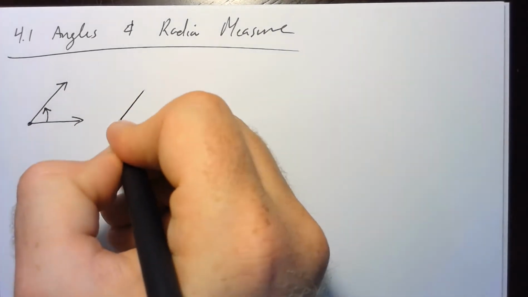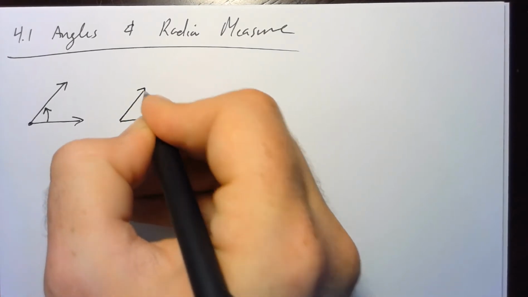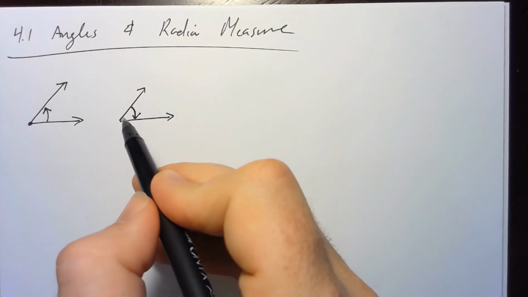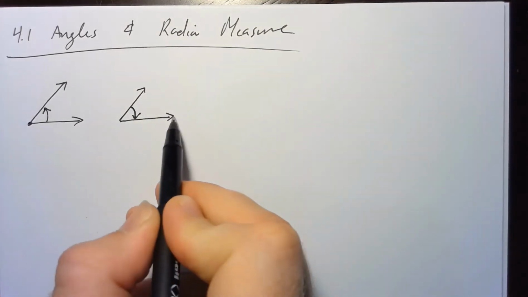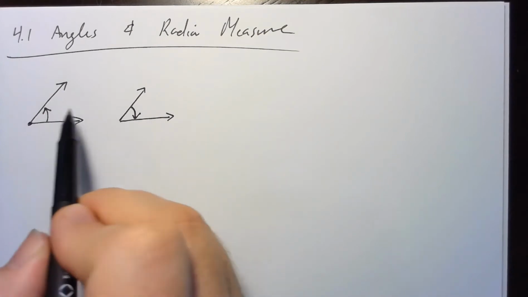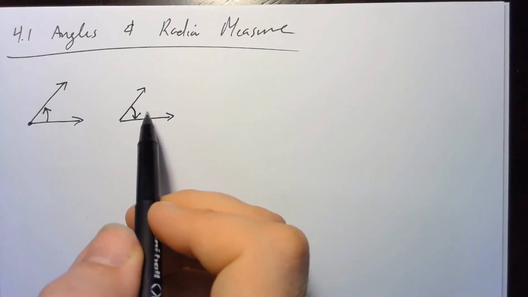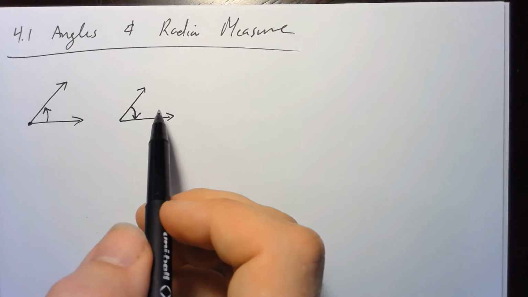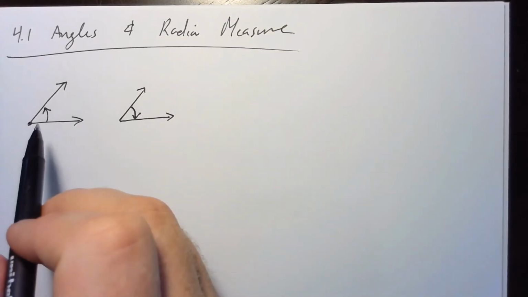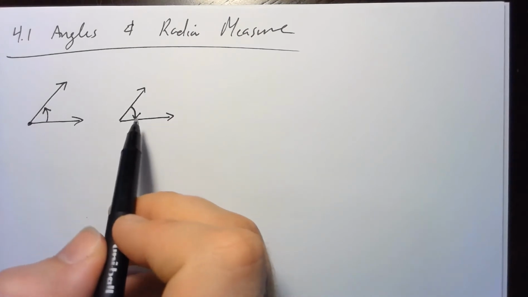So I could draw another angle, the exact same angle, but then flip that inside arrow. It identifies that now this ray is the initial ray and this ray is the terminal ray. It's also important to note that these are two different angles. In the mathematics that we might have worked with before, they might have been the same angle because they had the same value. But now when we get into these angle measures, we're talking about different measures of angles,